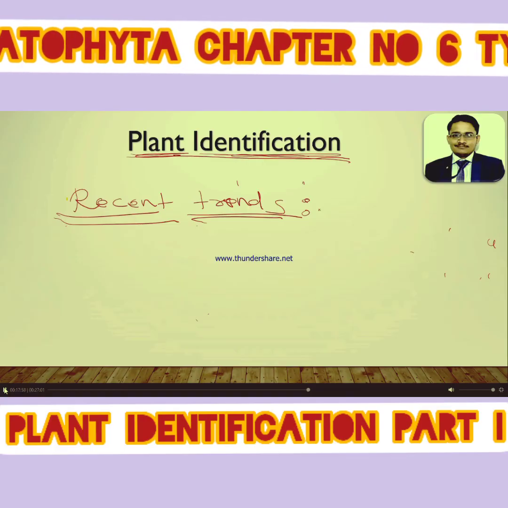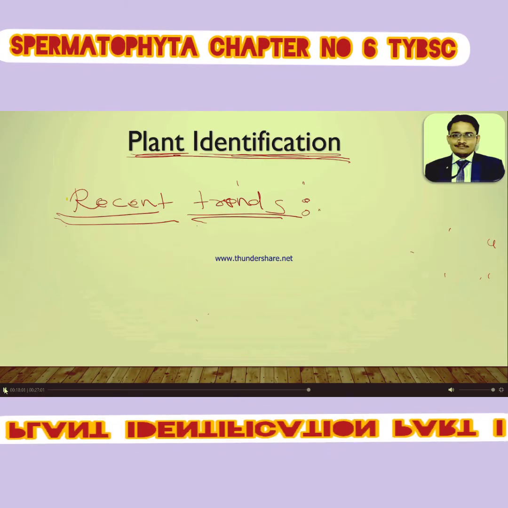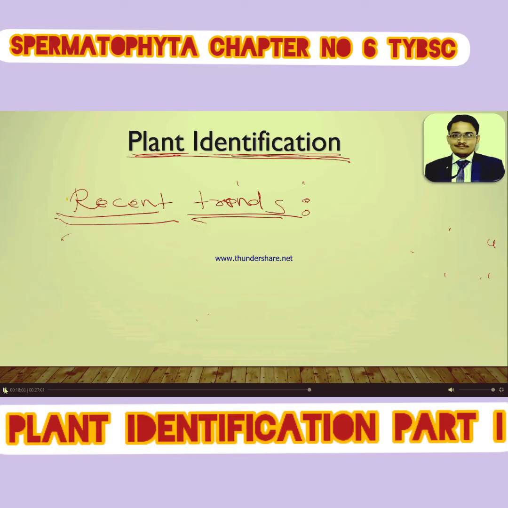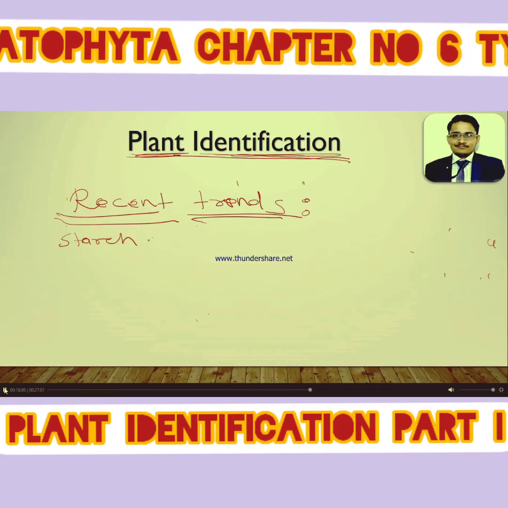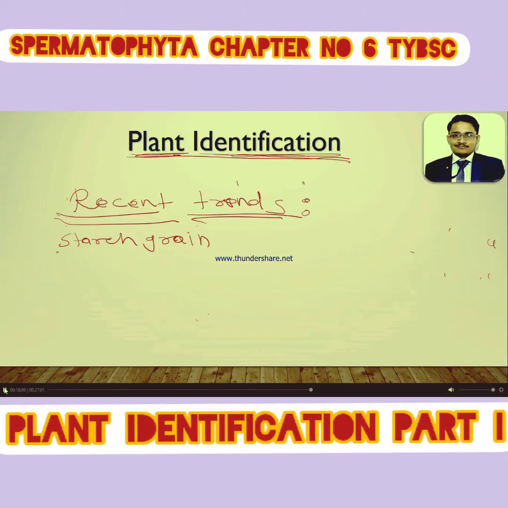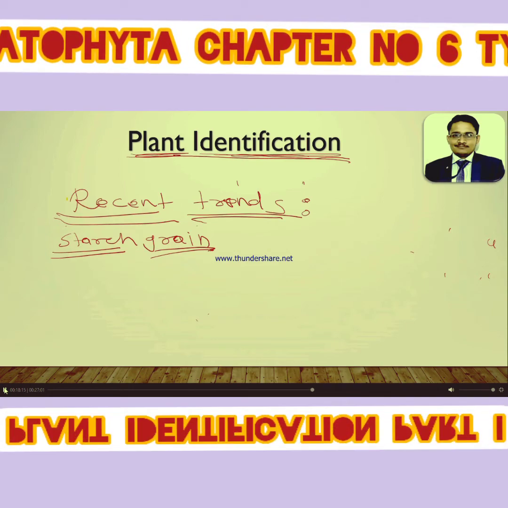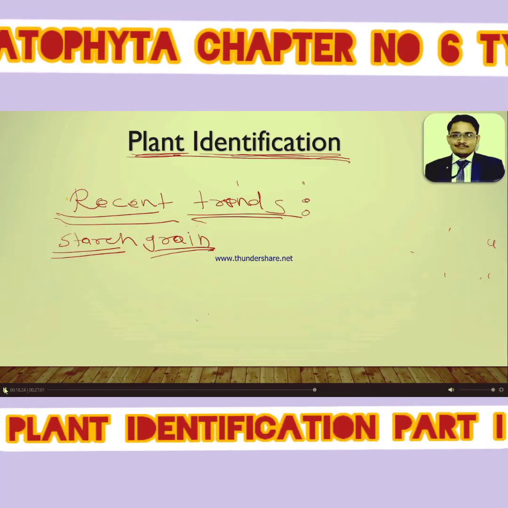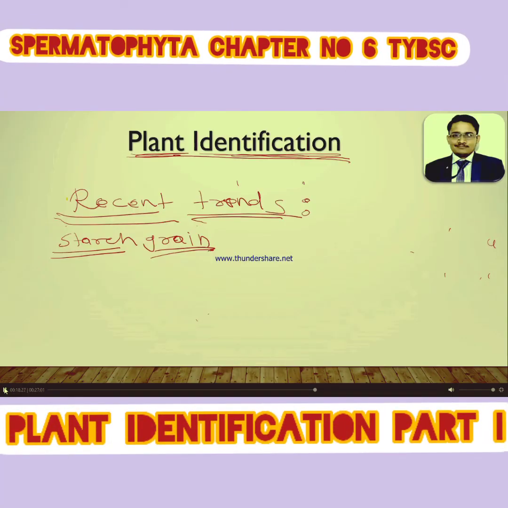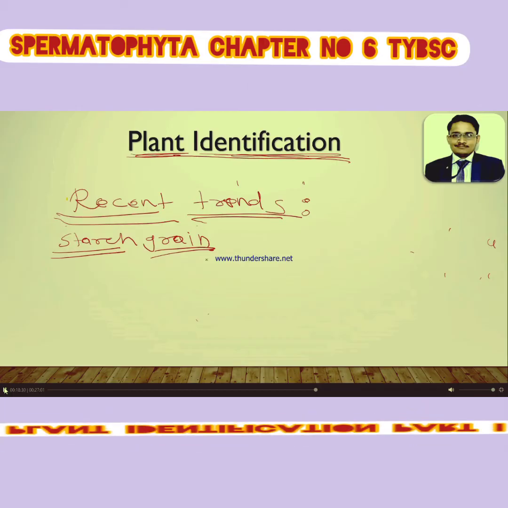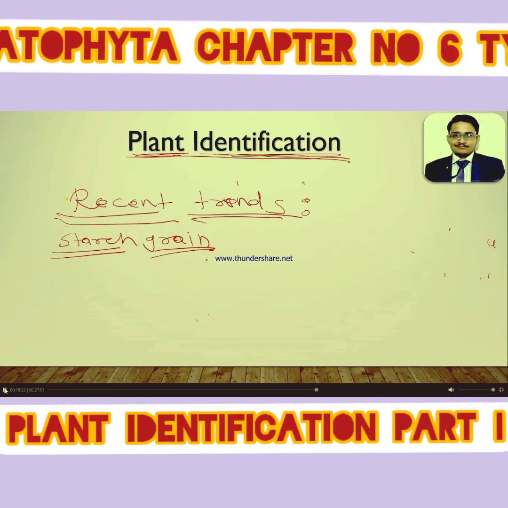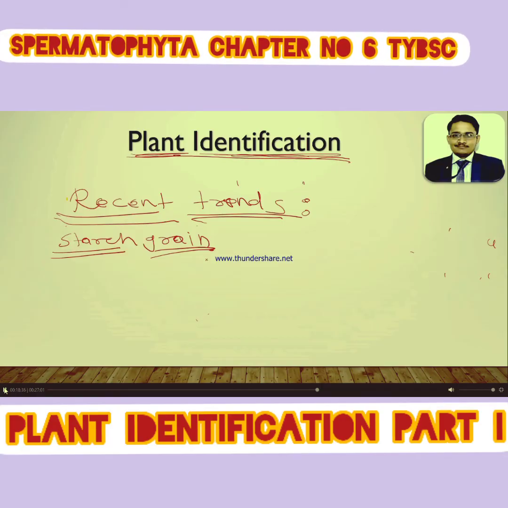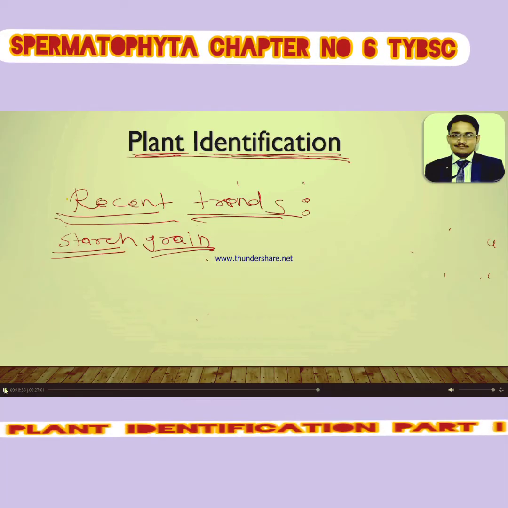What are such recent trends of technology to identify the plant? For example, starch grain is the first technique to identify the plant. Most plants of the grasses or monocotyledon plants, when we take a tears, in a tears we can observe that some monocot plants have starch grain. With the help of knowledge of anatomy and biochemistry, scientists have recognized 350 families.